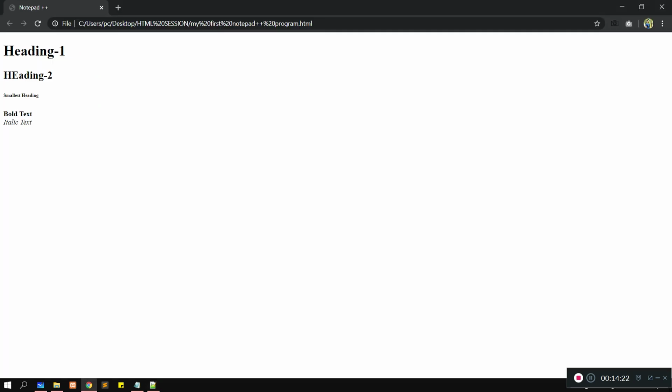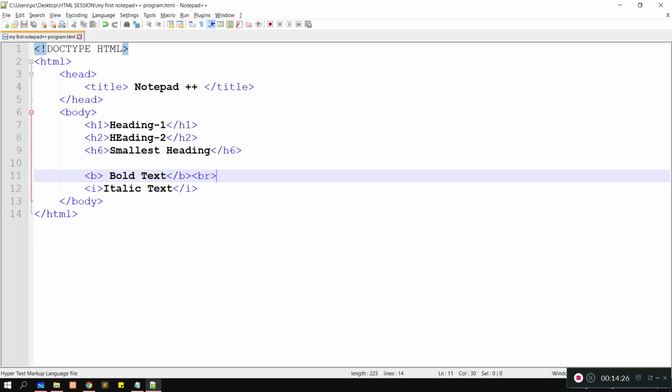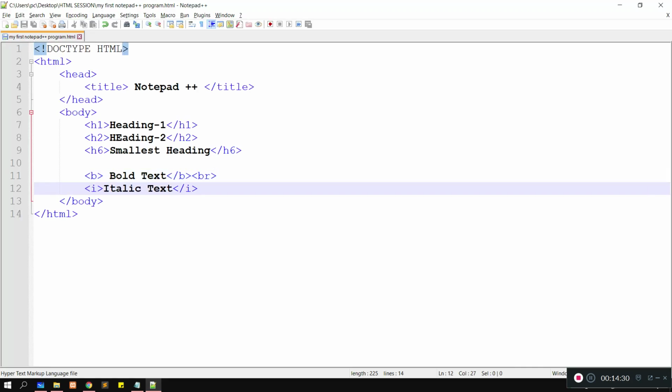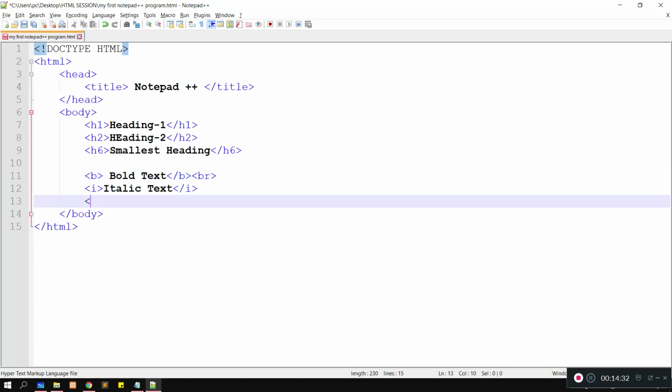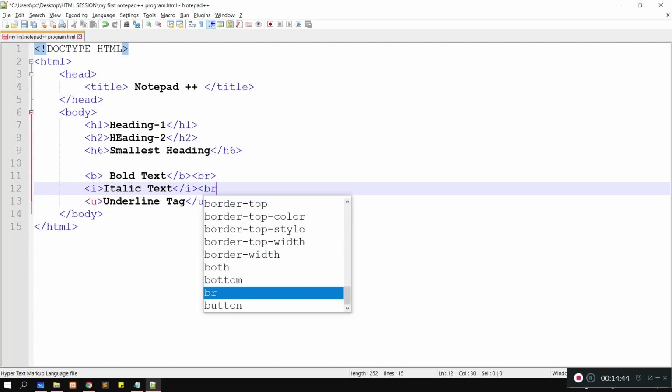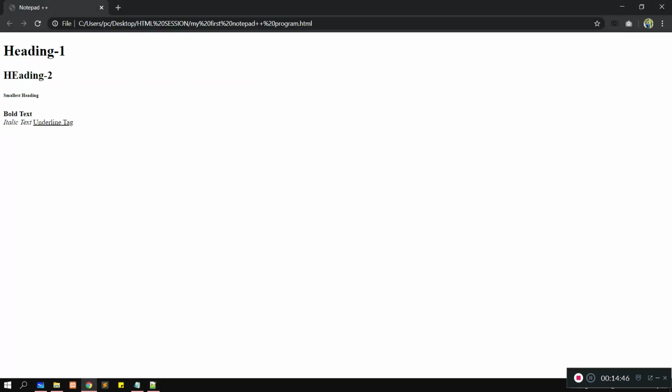It will go to the next line. Okay, so this is magic. Now the underline tag, underline text. Now we have to write the break tag so that it comes on a new line.